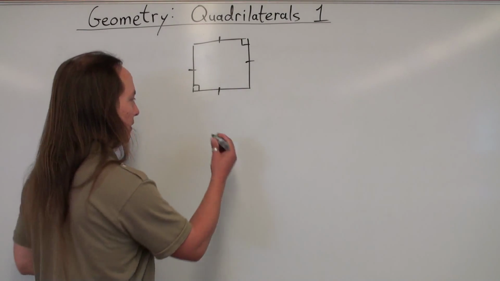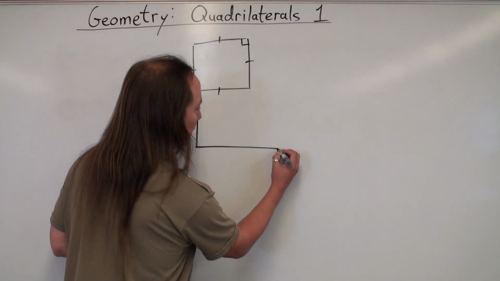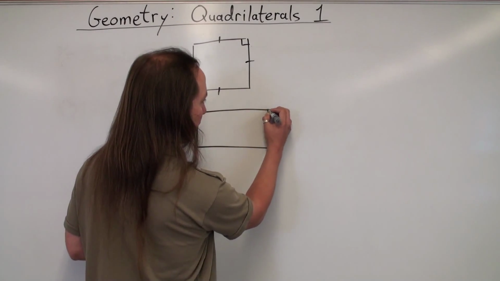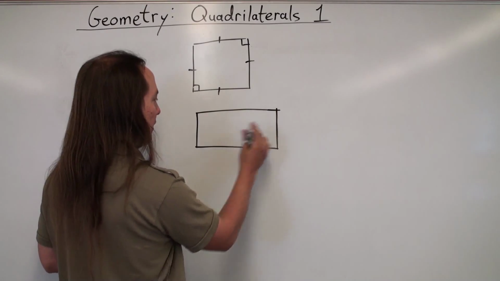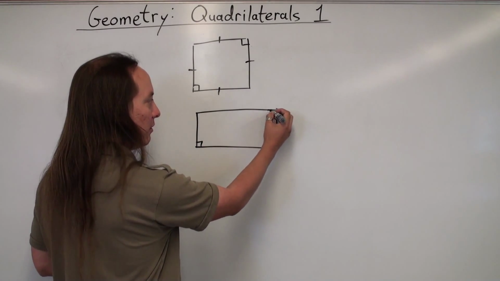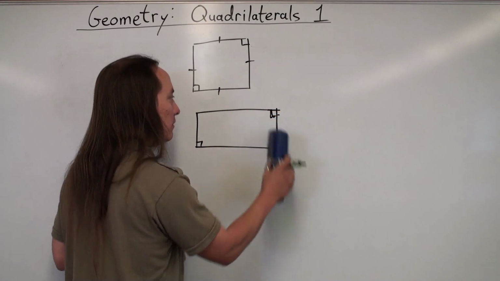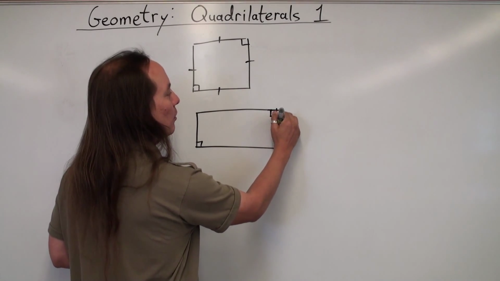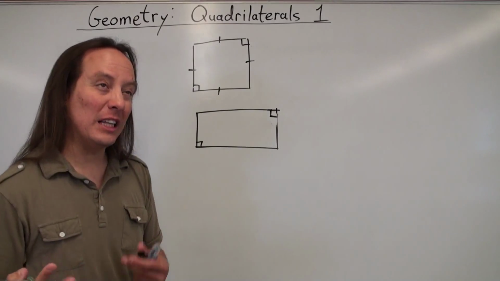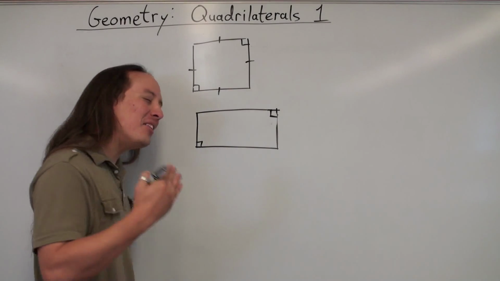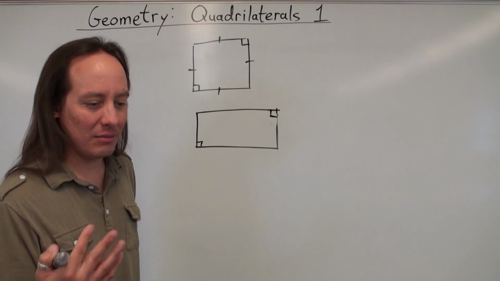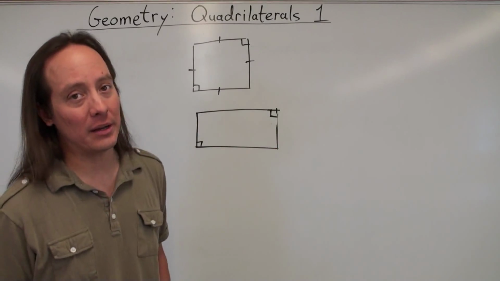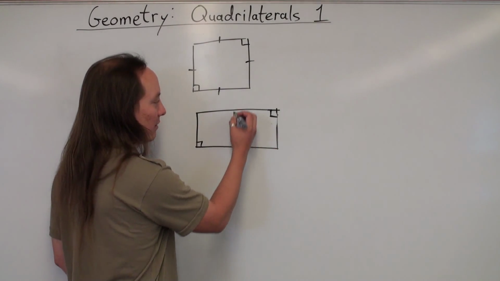Let's see. I could show you something like this. Well, it's supposed to be a rectangle. I'll put my little right angles here so you know that it's supposed to be a rectangle. Okay, so we know it's a rectangle-ish, right? Actually, that's enough information there to know that it's a rectangle. But I could do this,